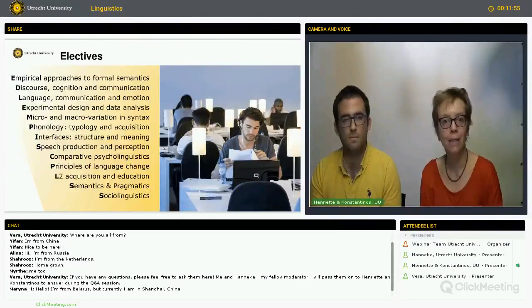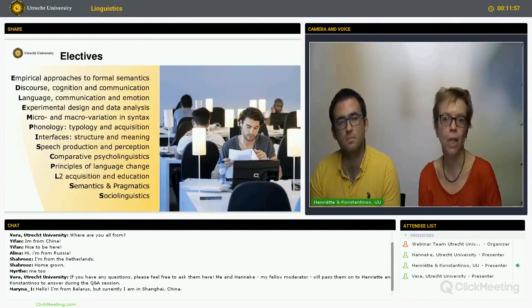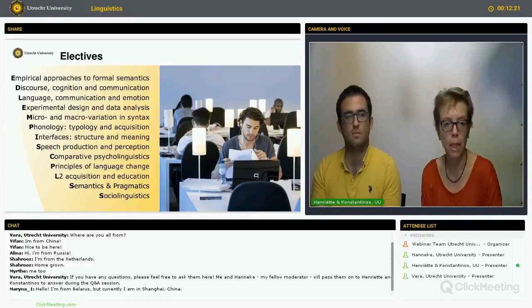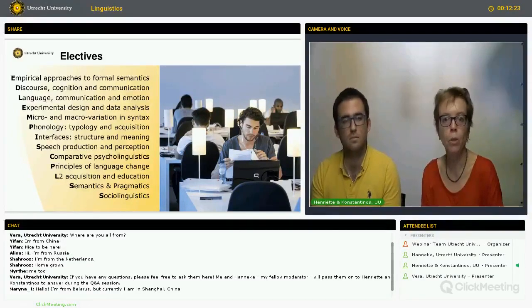So let's look a bit more at the second semester. Here's the range of electives that we offer after the foundations, and you see that it's a long list. And the long list is actually quite structured. So it focuses on the strong features of research in Utrecht. So you see that we are strong in theoretical linguistics, there's syntax, there's phonology, there is semantics and pragmatics. We're also strong in discourse and in communication, in experimental approaches.